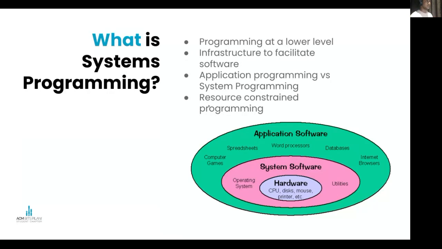Systems programming is programming at a lower level. You'll work closer to the machine. You'll be directly accessing the memory. It's basically the infrastructure that is used to facilitate software. So what does this mean? Okay, so let's say you're like Nandan, you're a game developer. You won't be building your own engine every time you have to make a game. You'll be using something like Unity. Unity or Unreal Engine is a software system that facilitates the development and the running of video games, so that everyone doesn't have to make their own engine every time they have to make a video game.